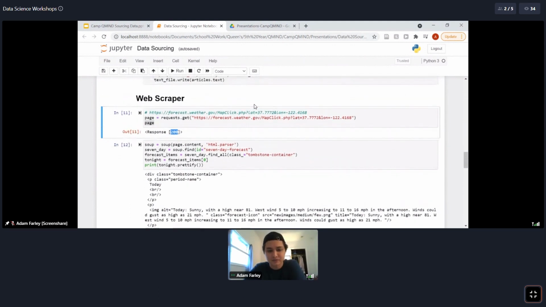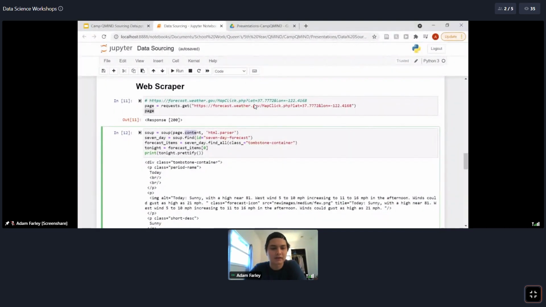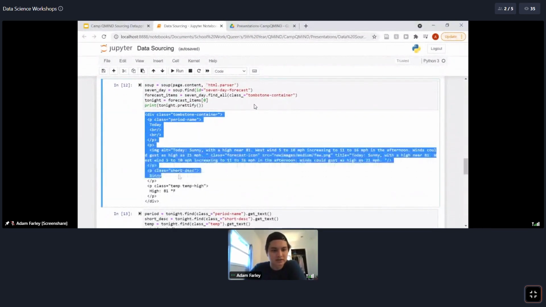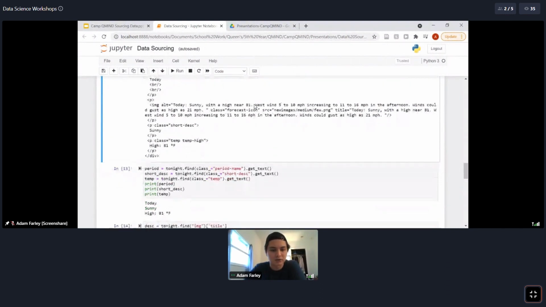And now I'm using Beautiful Soup to take page.content, the contents of the page, and parse the HTML. Essentially going through a bunch of filtering, and in the end coming up with this tonight variable, which is just the forecast for tonight. And I'm printing it here, and this is the HTML that I'm specifically curious in. I'm going to go even further into it and say I want to find the class period name with a short description and the temperature, so I can print out